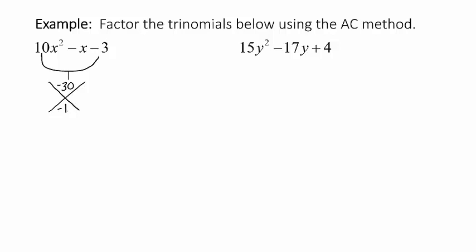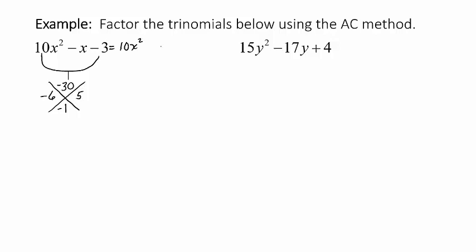So if one's positive and one's negative, let's just think about the pairs of things. With 30, I just think about the times table, right? 3 times 10, well, the difference of those would be 7. 5 times 6, that difference is 1, right? So if I want negative 1, I'd have to have negative 6 and positive 5. Because negative 6 times 5 is negative 30, and negative 6 plus 5 is negative 1. So I'm going to use those two numbers, negative 6 and 5,